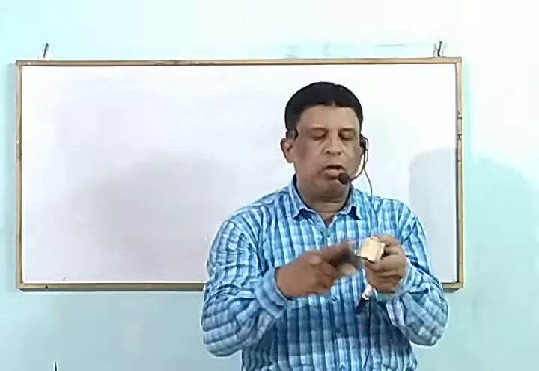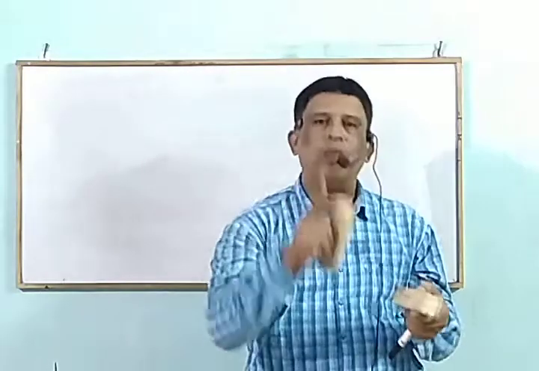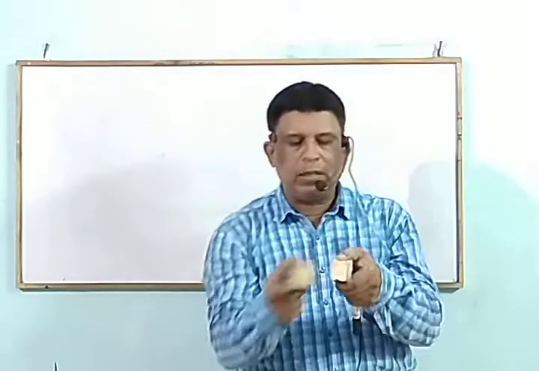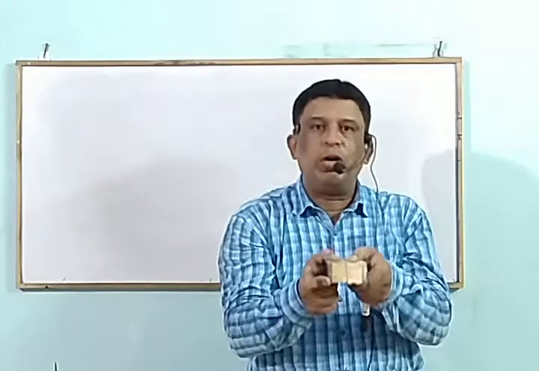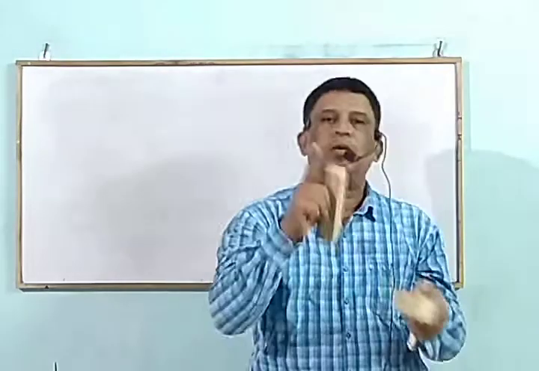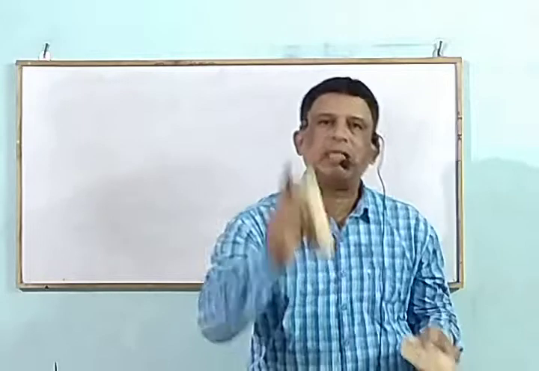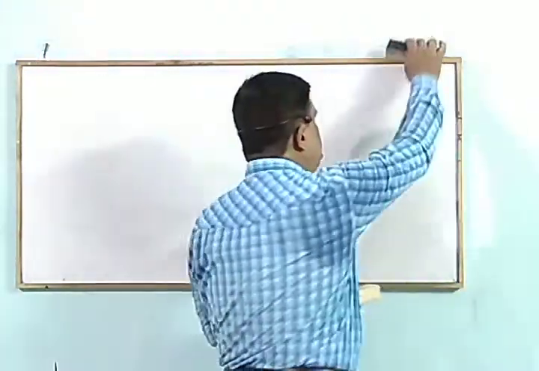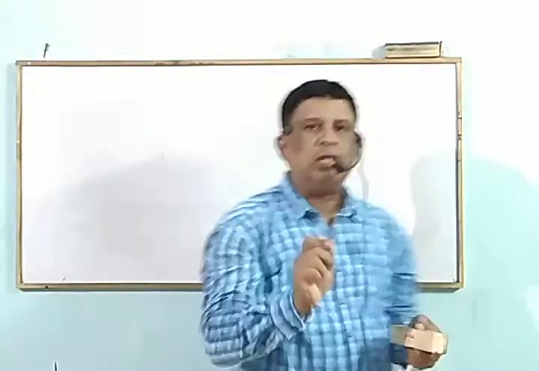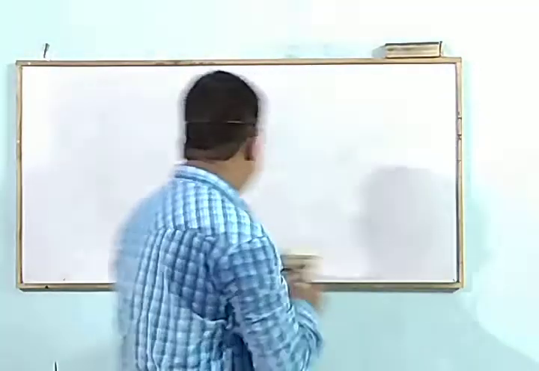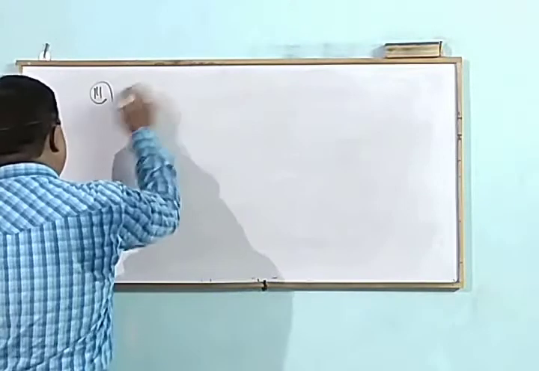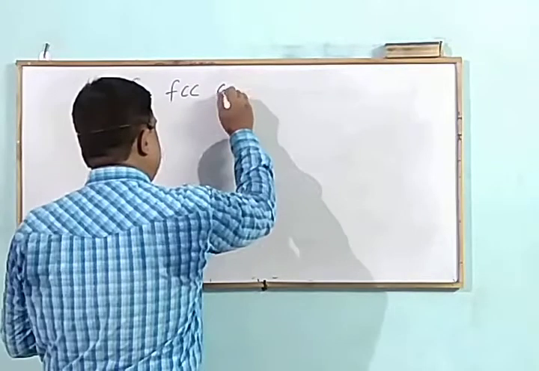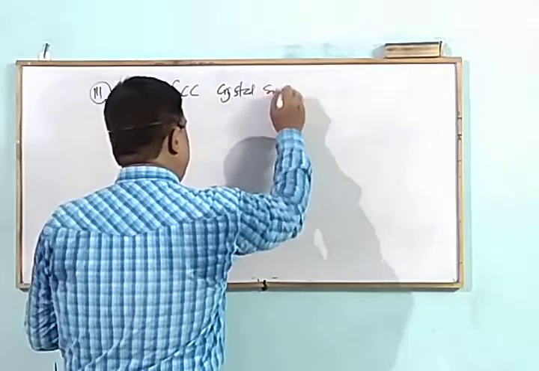So what is the contribution of one atom for these two? That is 1 by 2. One atom in this space, one atom in this space. When we join this one, what is the contribution of one atom for this space? 1 by 2. So how many faces are there? 6 faces. So what is the total contribution? That means that is 6 into 1 by 2. Hence, third one, for FCC crystal system,